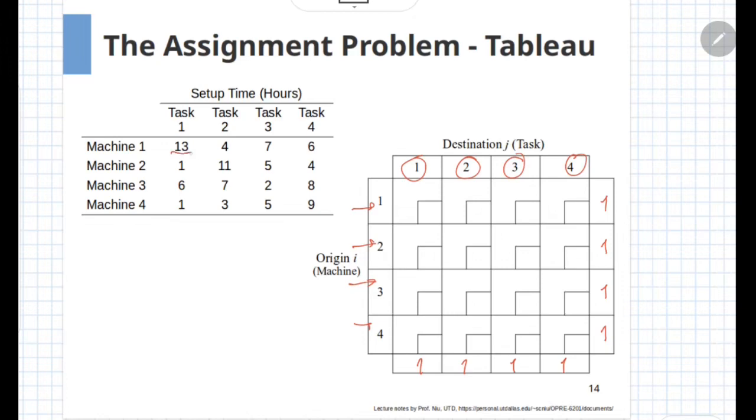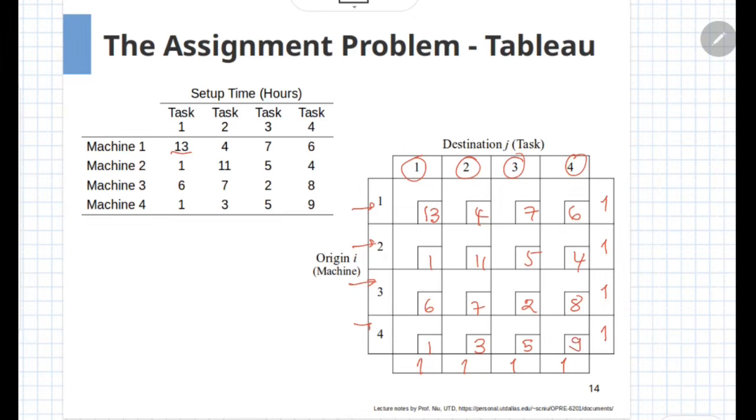The cost of transportation is nothing but the setup time. So from the first machine to the first task, it is 13 hours, 4, and so on. We can complete this particular table, and that is how the transportation tableau will be ready.